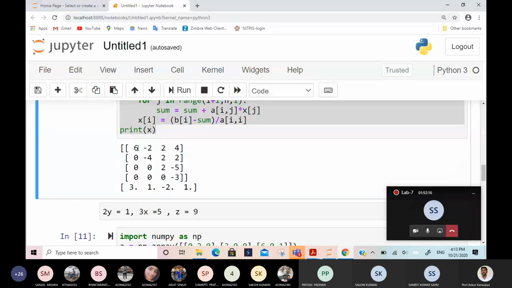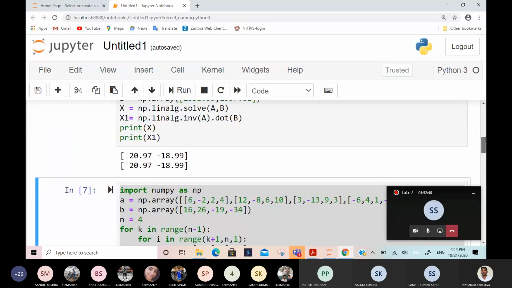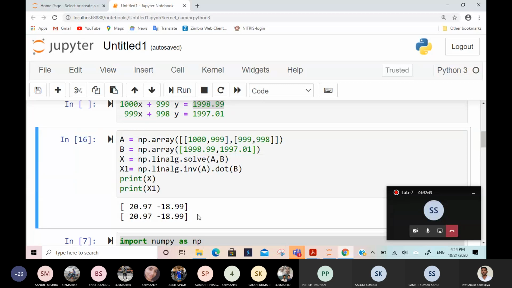So this is happening because with respect to 6 this is 0, but with respect to 6, if it is 10 to the power minus 15, that is also 0. So if the entry is very small, actually it is not 0, it is 10 to the power minus 15, that is also a non-zero number, but the computer may consider it as 0, and in such a case you may get such a type of error.